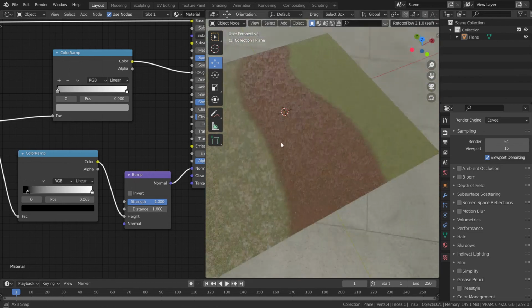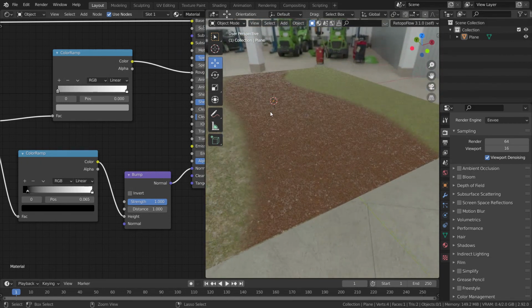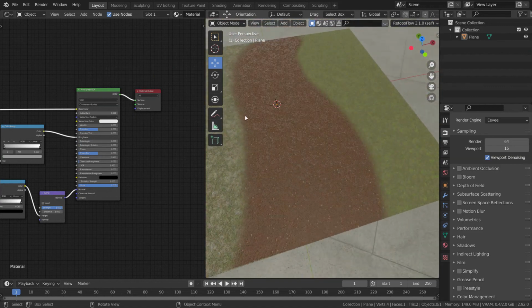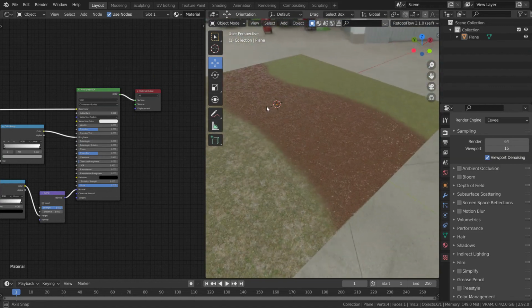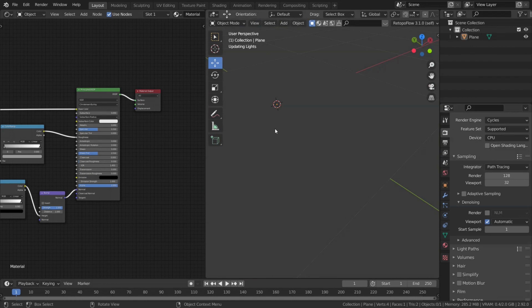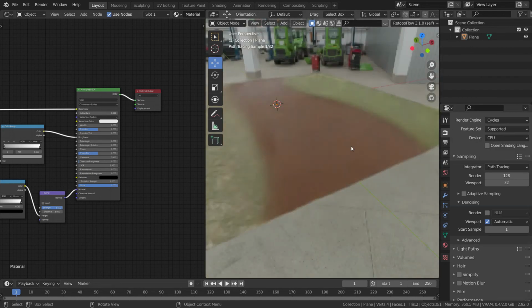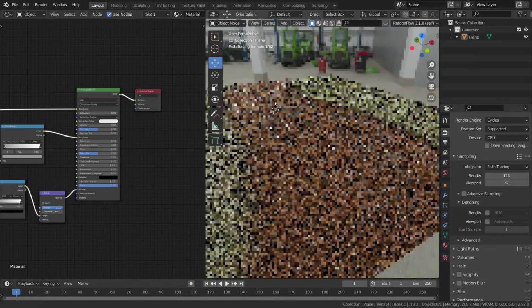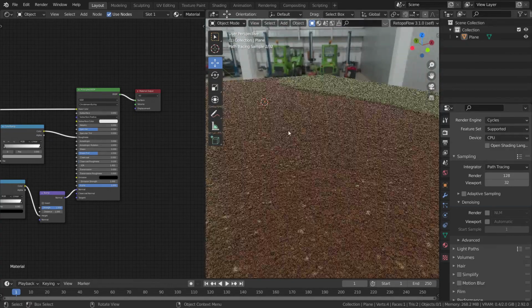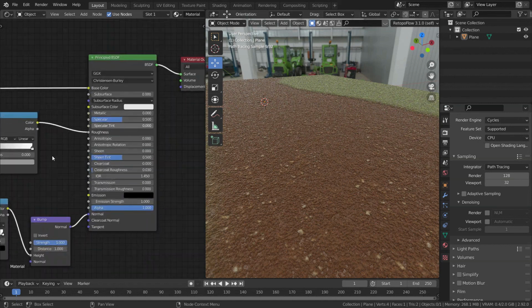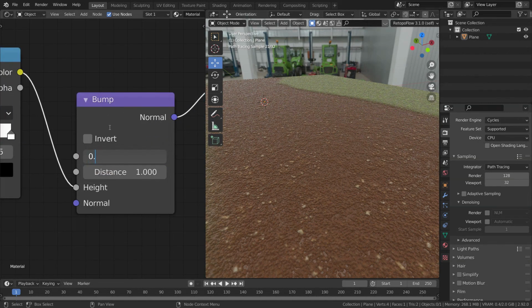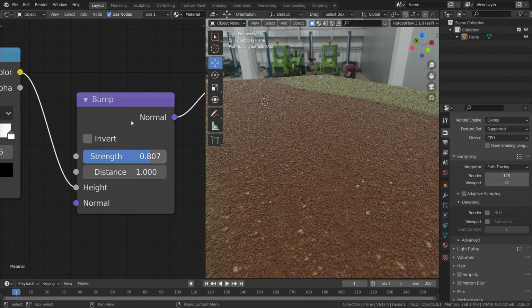Okay, so now my texture looks a little bit more muddy. So yep, and as you can see, it is so fast in EEVEE as well as in the Cycles. Let me remove the denoiser, and as you can see, it is moving really fast. It's looking good as well. If you see the bumps are looking weird, then you can always go ahead and decrease the strength so that bumps won't look that weird.